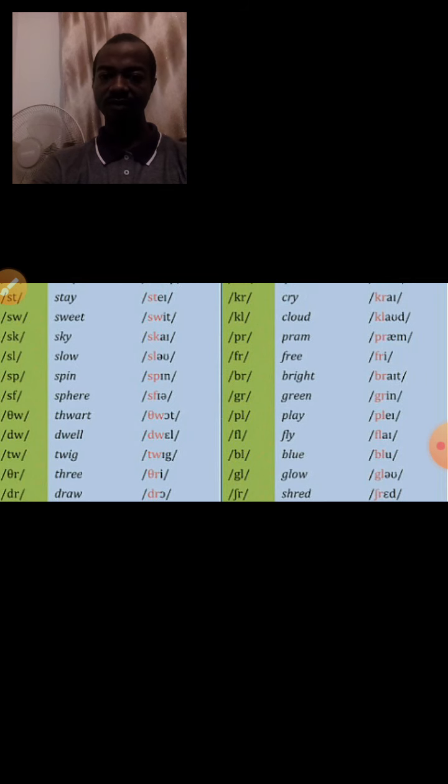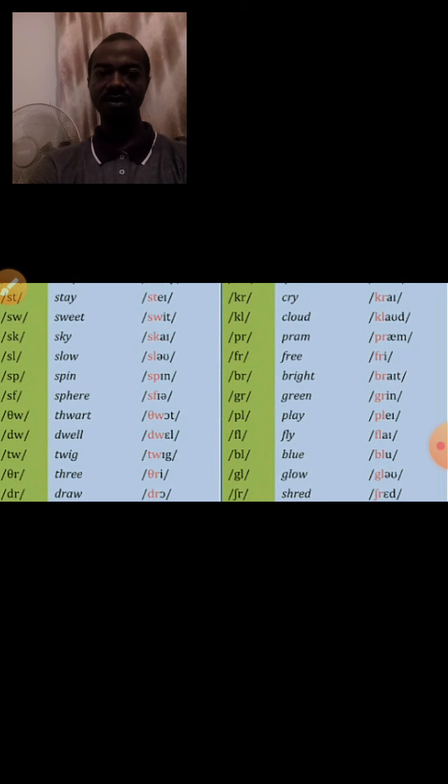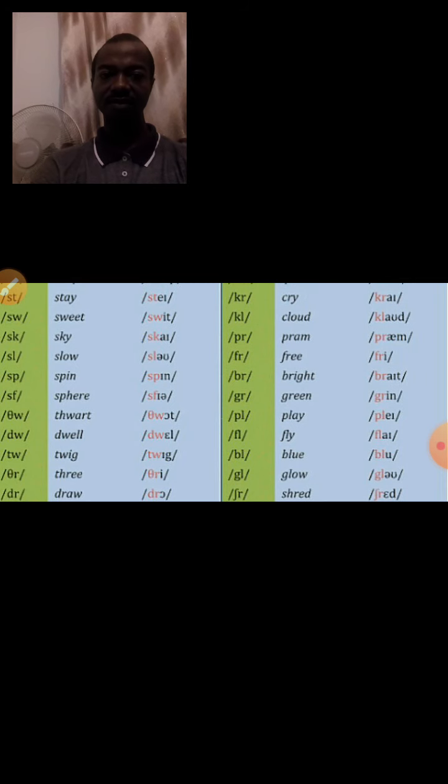So you have sphere, you have thwart, the TH and the W, thwart. Then you have dwell, yes, dwell. You have twig, you have free, you have draw. So you have the transcriptions of the words there. You have cry, with K and R, just two letters as clusters. So you have a transcription of cry, crayon, read. Then you have cloud, you have pram, you have free, you have bright, you have green, you have play,